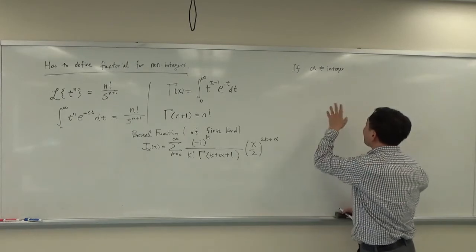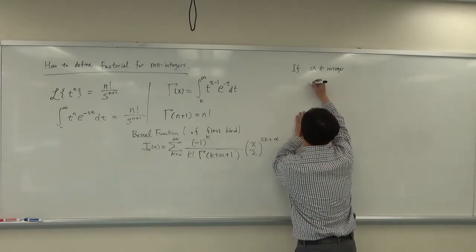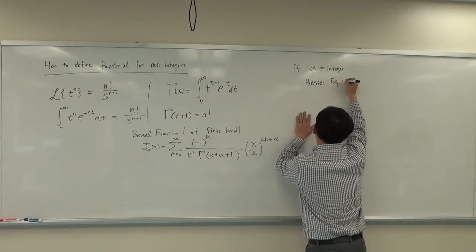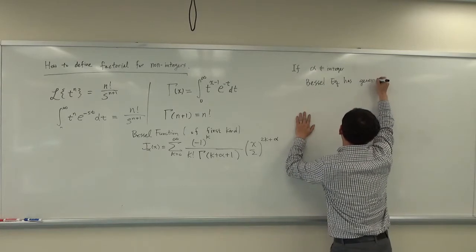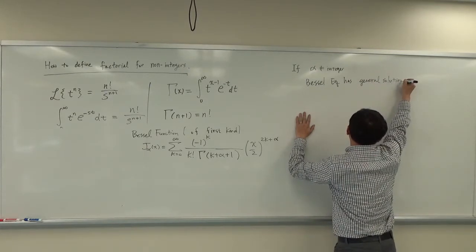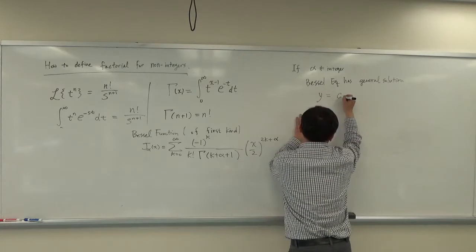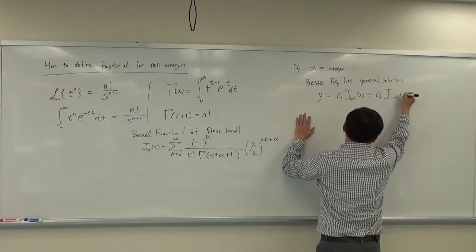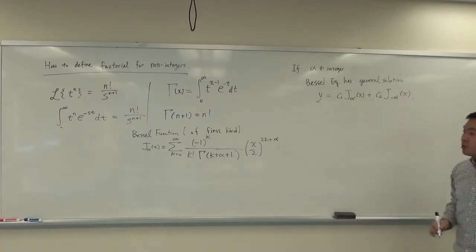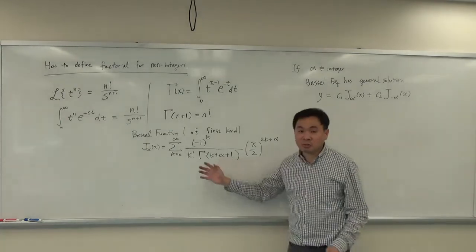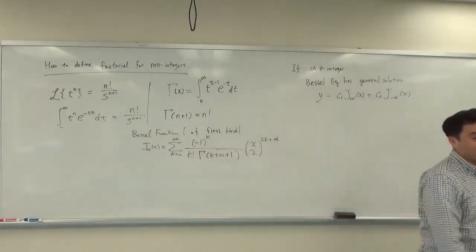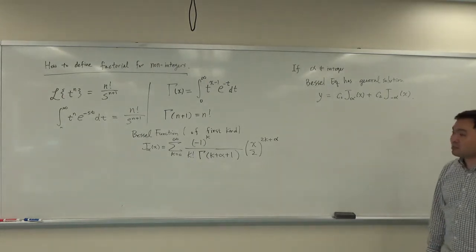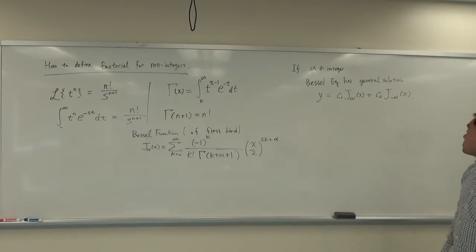Sorry. So if alpha is not an integer, then the Bessel equation has general solution y equals C1 times J alpha of x plus C2 times J negative alpha of x. So this formula with negative alpha will do its job, no problem. It's not going to cause any trouble. Now it's the case when it's an integer that's going to cause a problem, and the way we do this